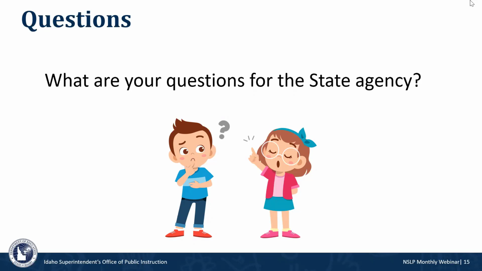All right, so the next question is, can we get the same meal pattern waivers for CACFP that we have access to in SSO? And this is Kim with the Child and Adult Care Food Program, and we have different flexibilities that were waived in CACFP than in SSO. And so those flexibilities and that waiver form have been emailed out to all CACFP sponsors, but we can send it out again as a reminder of what those flexibilities are and provide you with the waiver form.